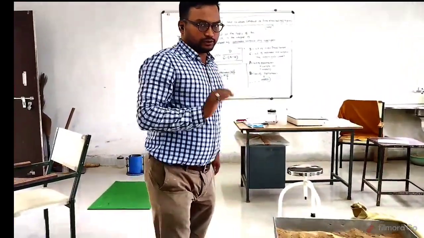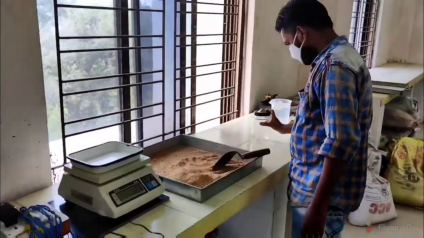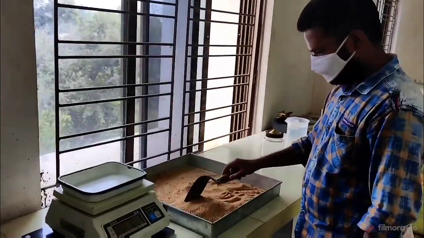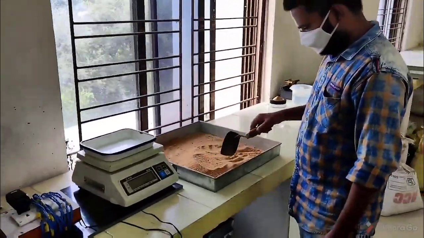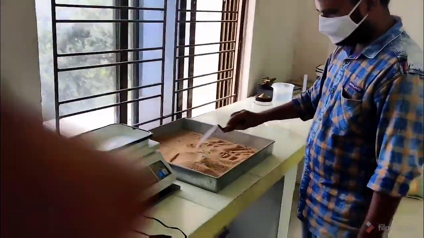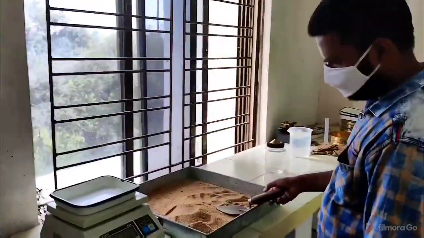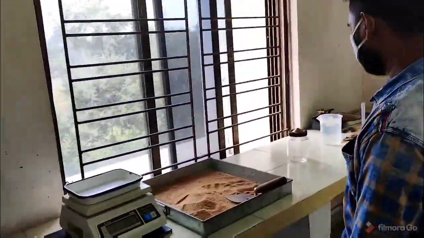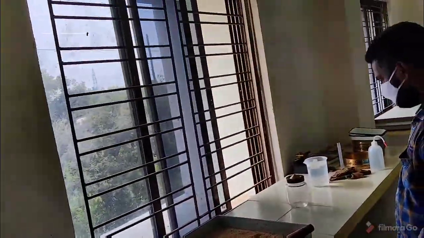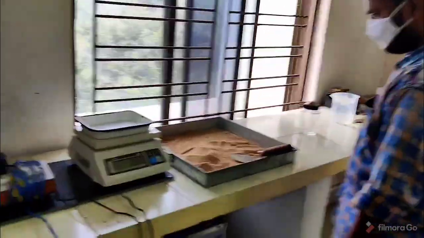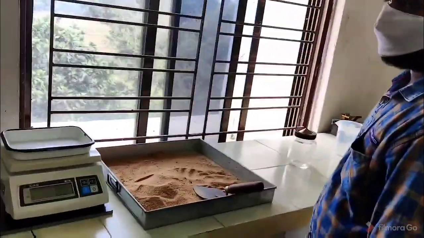Okay, stop this. We are going to start, but before that I am telling one thing. What is this specific gravity? What is the physical significance of the specific gravity? Actually, specific gravity denotes how dense the material is. Density you may know, but specific gravity is unitless. It is constant. Density may vary according to units, but specific gravity is constant.